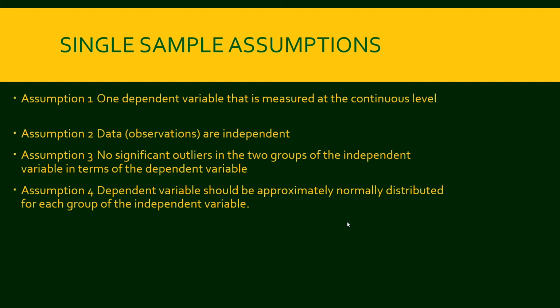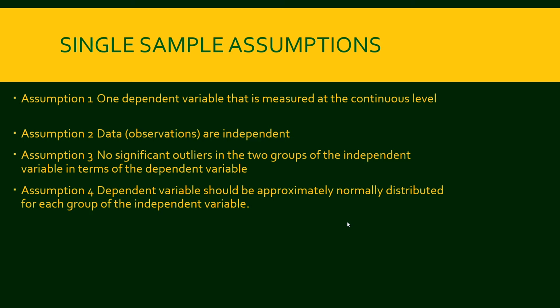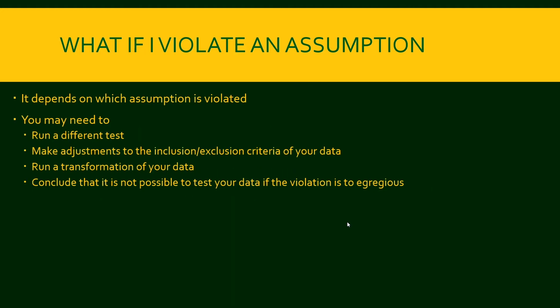Next, dependent variables should be approximately normally distributed for the population as well as for the single sample. And so if it's not approximately normally distributed, then that's an issue, and you've got to take a look at that and really make sure that you understand how it's distributed. So if it's not perfectly normally distributed, it might be uniformly distributed, it might have a different distribution, and you might need to run a different test for that,